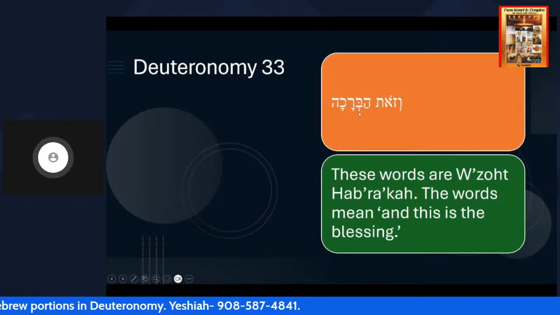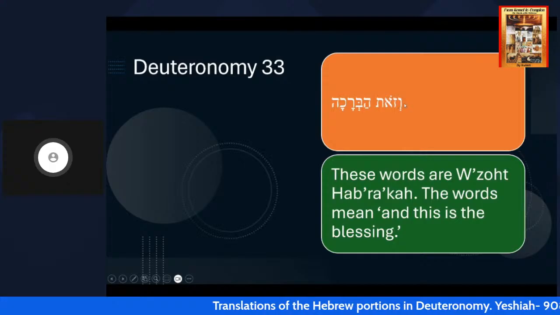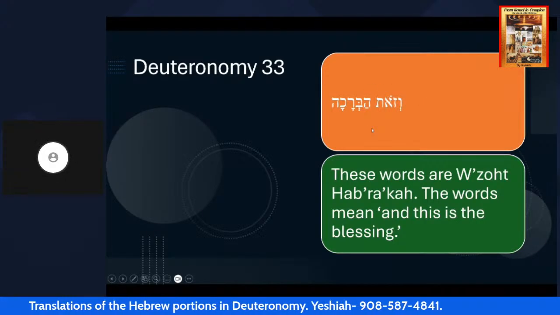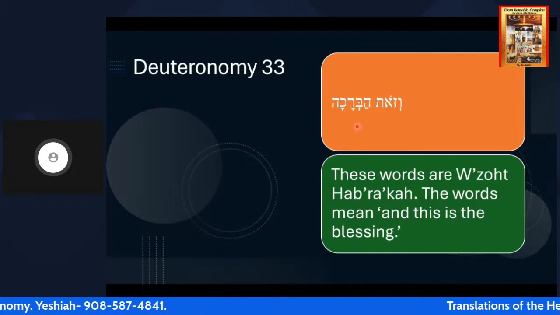Because the word baraka is feminine, the word for "this" in the feminine form has to agree with it. That's why you would see vezot habraka, as opposed to saying vezeh habraka. All right. Now, when we look, brothers and sisters, at this with the laser pointer, we see the kaf with the kamatz